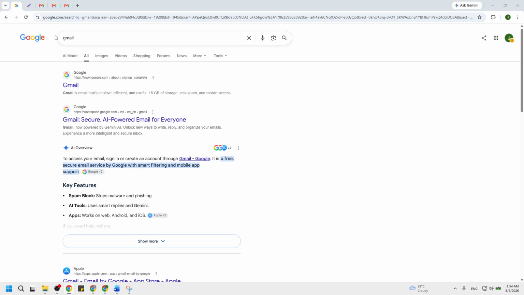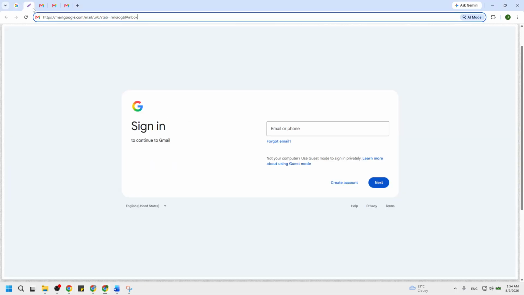Once Gmail loads, log in if you are not already logged in. You will see boxes asking for your email address and then your password. Type them carefully, since even one wrong letter will stop the sign-in. After you enter your details, click the button to continue. When the inbox appears with a list of messages in the center and folders on the left, you know you are signed in and ready.